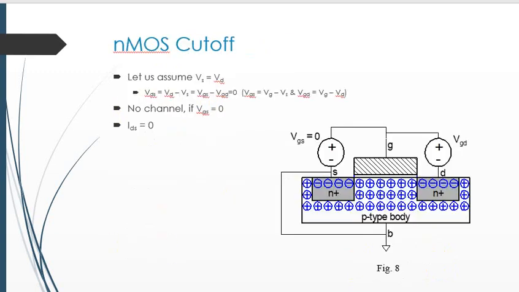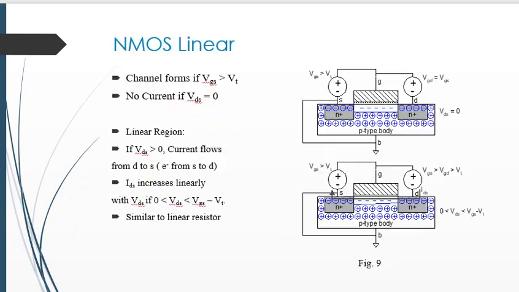These modes are divided again by the voltage applied across the gate. If the gate to source voltage VGS is less than the threshold voltage, the source and the drain have free electrons. The body has free holes but no free electrons. The junctions between the body and the source or drain are reverse biased, so almost zero current flows in this region. No channel is created, and the current flowing IDS is almost equal to 0. That's why we call this region the cutoff region.